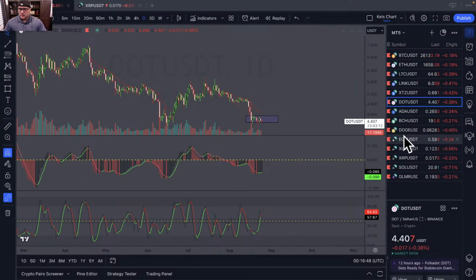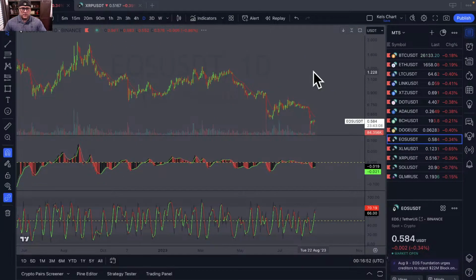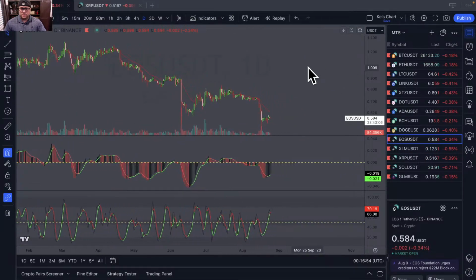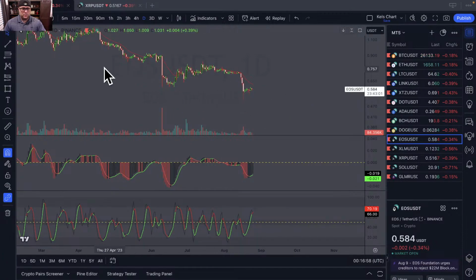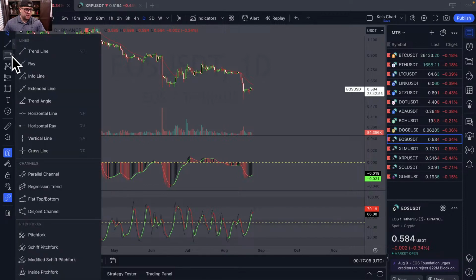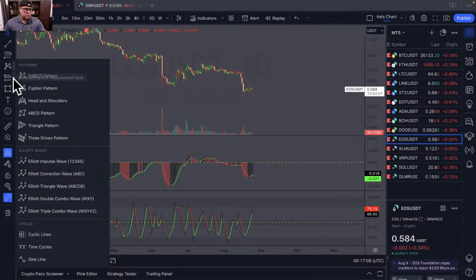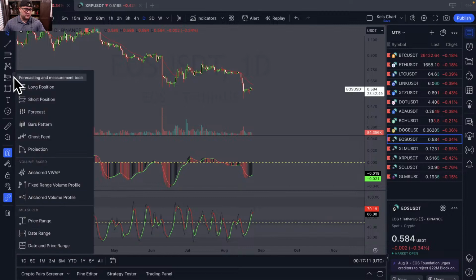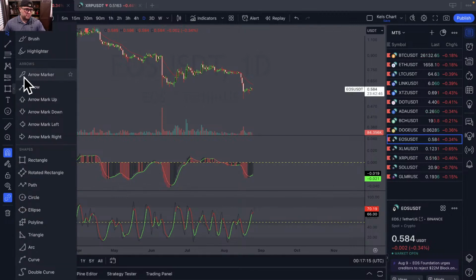I think we looked at DOT. Let's look at EOS. EOS, man, I made tons of money on EOS when it was nothing. It shot up all the way to 18 bucks. Here again, we have a setup. This is actually a flag pattern. It's a little angled up on us, so that's definitely a better one. I do believe TradingView has a new flag pattern we could use, but if not,